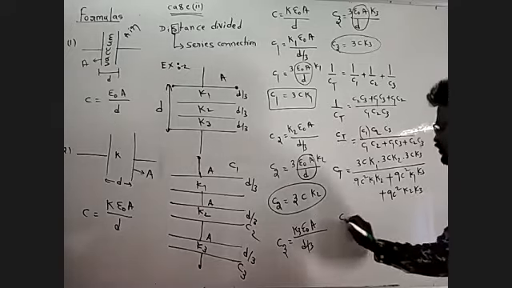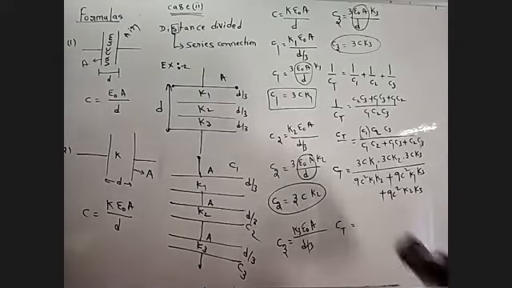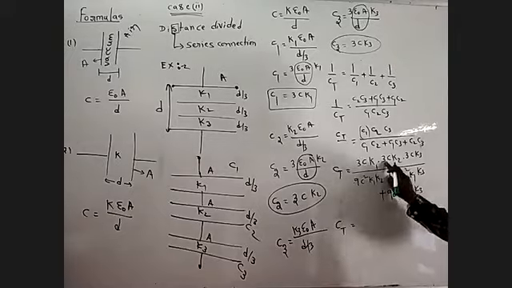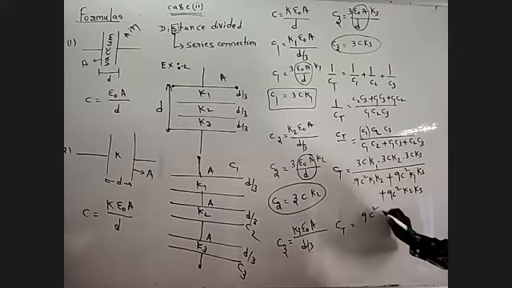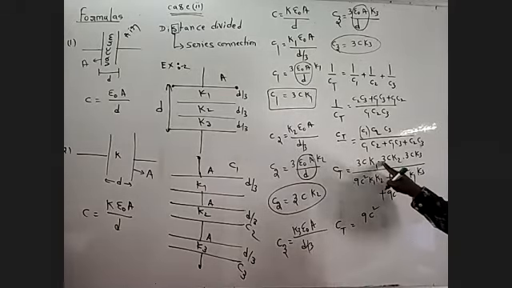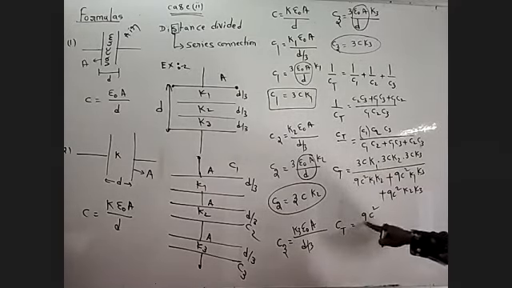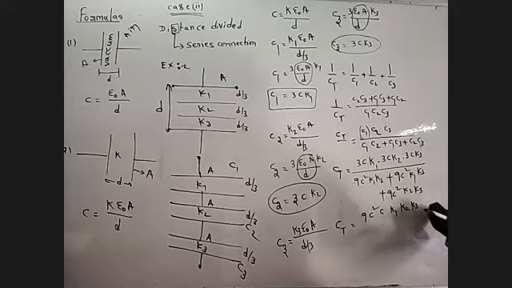Okay? C total is equal to the next term. In the numerator, 3 into 3 into 3 gives 27 C cubed K1 K2 K3, and in the denominator, 9 C square, which we are going to write down.